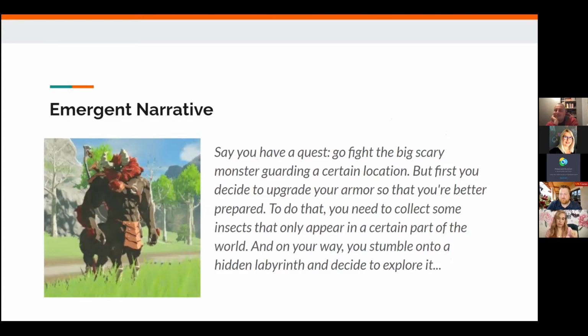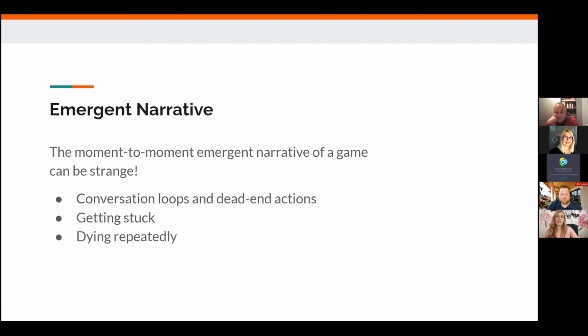So you have to go craft some armor, craft some things, but then you need to collect the materials for that armor and things. And while you're on your way to do that, all of a sudden you notice a cave. And so you decide to go ahead and start exploring it. That decision path was not made by the designer. Again, the designer can influence you with UI and text and all these other things, but the path you choose is your own. What's great about that is you can get a sense of adventure. Your story is unique and it's to you.